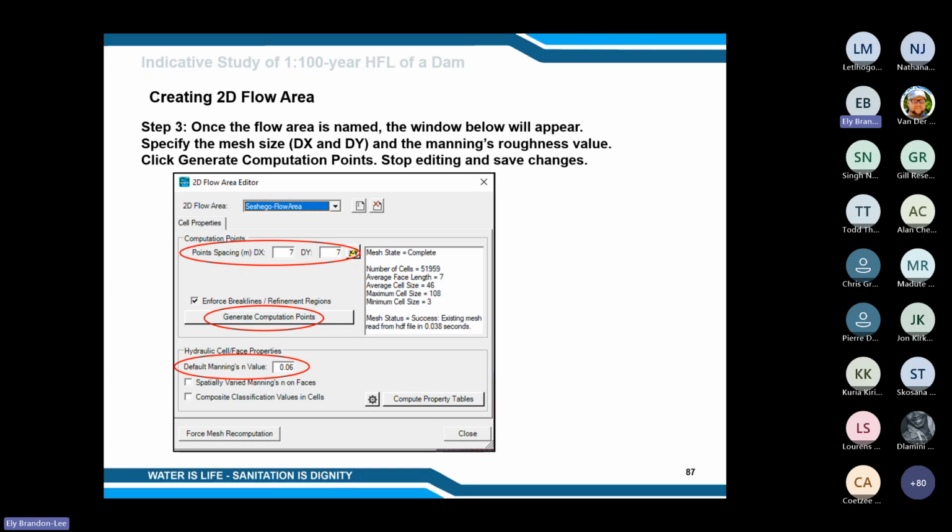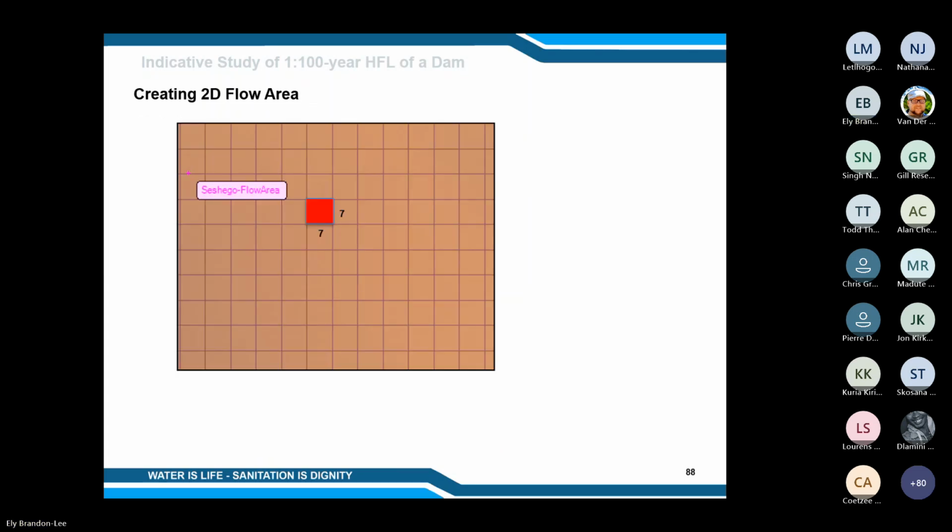Please note that the smaller the mesh size you use, the more accurate your results will be. However, a smaller mesh will take your model a longer time to compute. The 7 by 7 meter specification for the dy and dx in the mesh setup